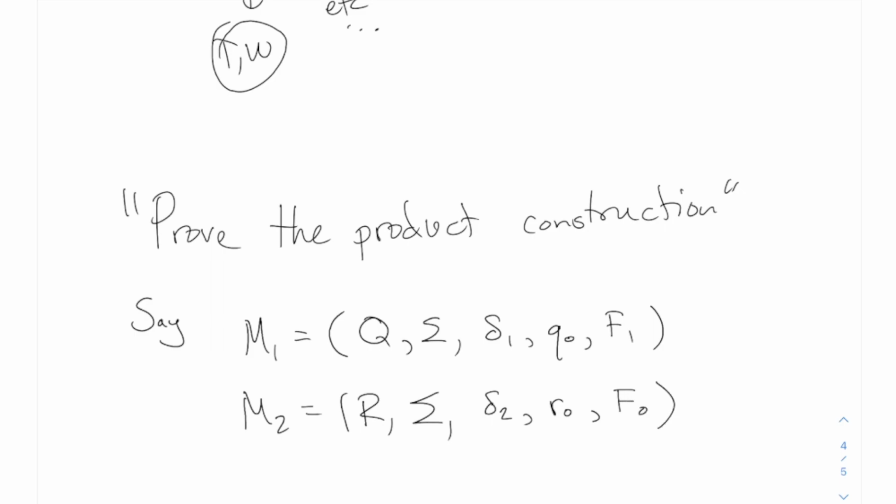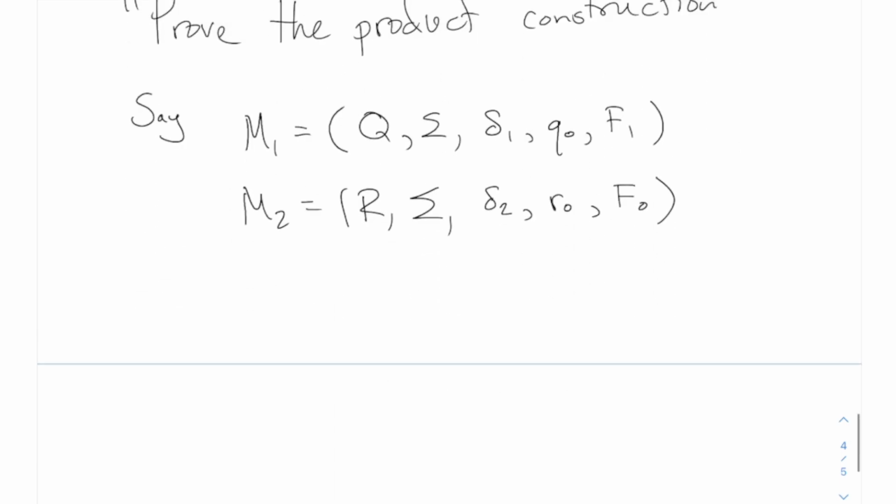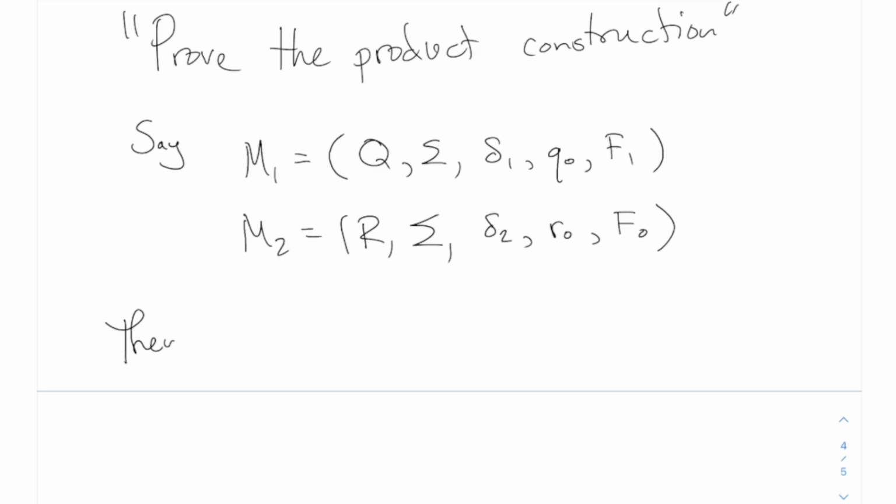All right. These are two DFAs. Remember what each of those ingredients represents. The first thing is the set of states. The second thing is the alphabet, which has to be the same for your two DFAs. The third thing, the deltas, are the transition functions, which describe the arrows. The fourth thing are the starting states, and the last part is the set of accepting states. Then, let's say those are my two DFAs. Then, when you do the product construction,